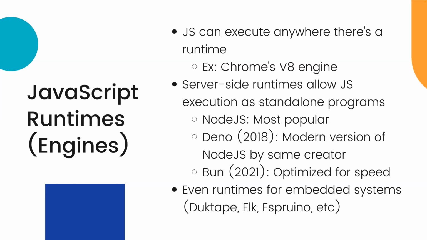There's other runtimes that do the same thing. Deno was invented in 2018, surprisingly by the same guy that made Node.js. And it was just to fix a bunch of issues with Node.js. Bun is even more recent than that, and is designed to be really, really fast. There are upsides and downsides of using one or the other. Because Node has been around the longest, there's the most support for packages that you can use with Node. And also, if you run into an issue, there's more likely to be Stack Overflow posts telling you what to do if you use Node than something else. I personally have not tried the other two yet. I would like to at some point, but Node.js is the most popular, and that's what we'll use a little bit at the very end for those of you who have it installed.